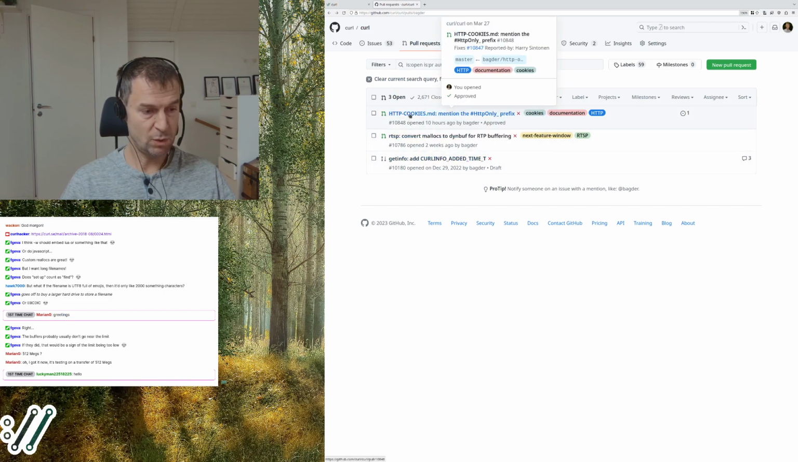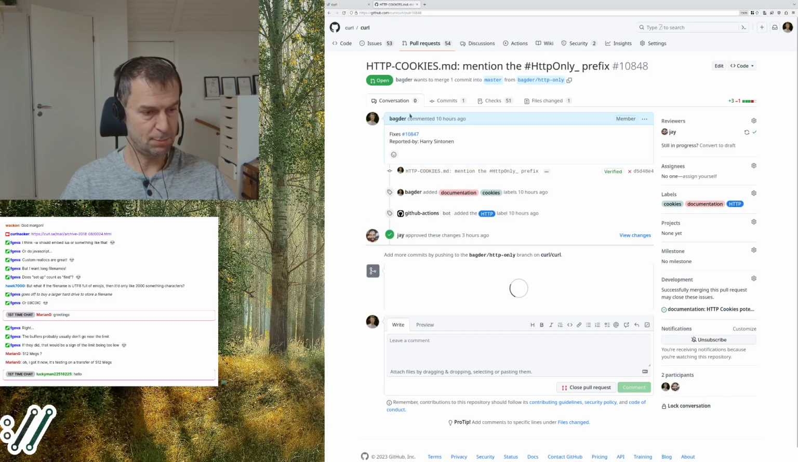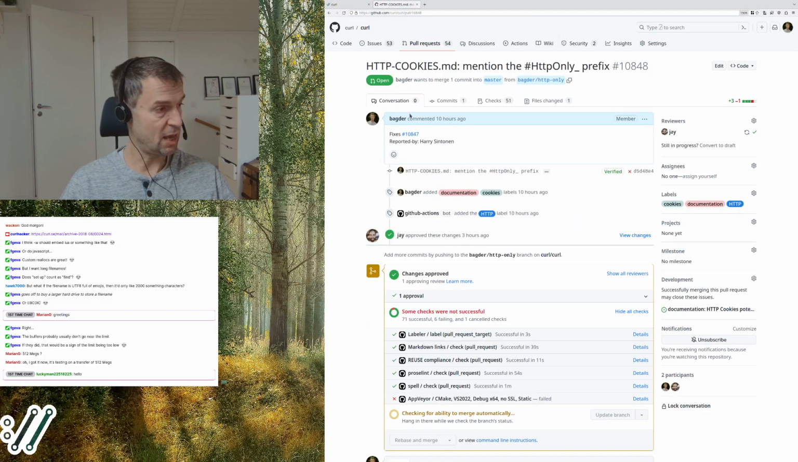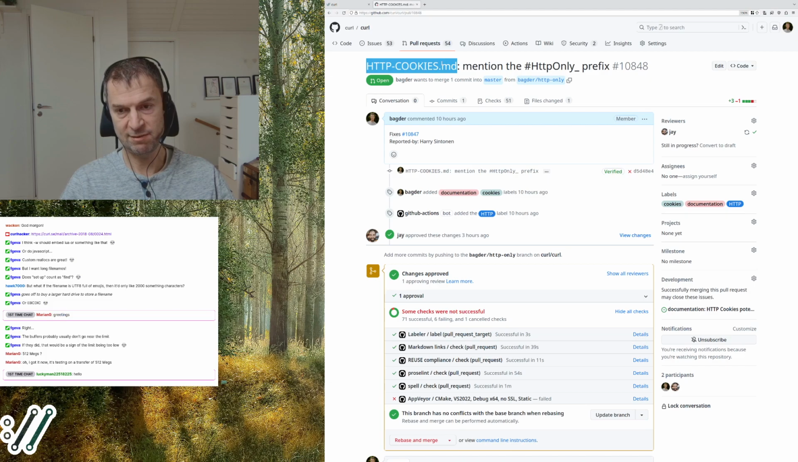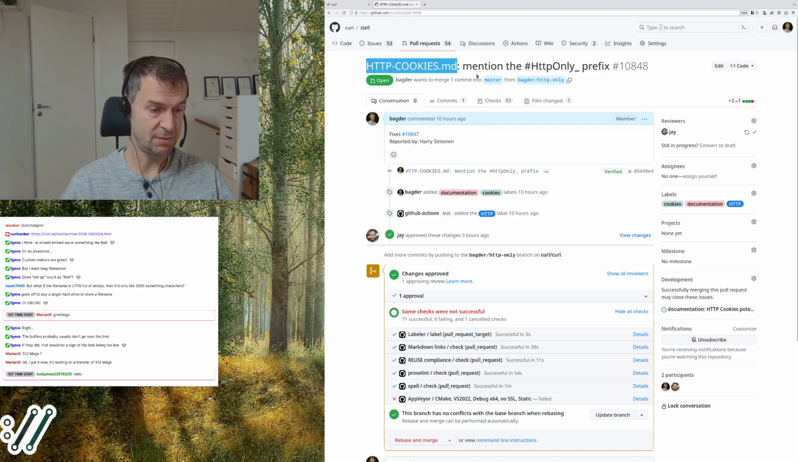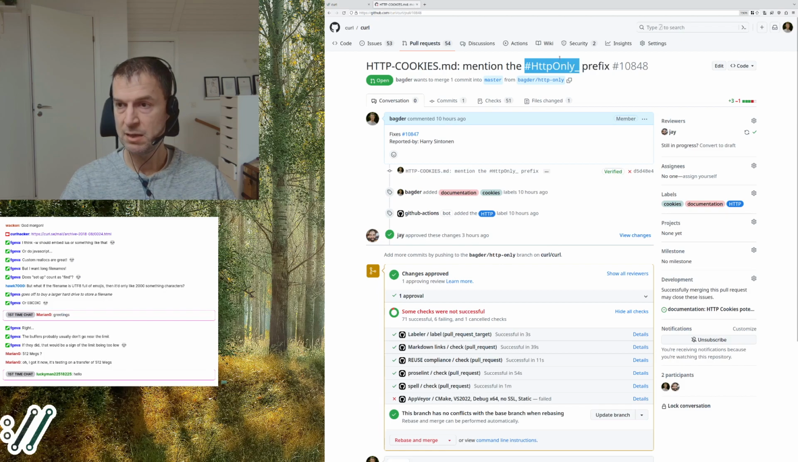And Harry Sintonen pointed out to me yesterday evening that this document, HTTP cookies, explains a little bit about cookies. Surprise. And it actually didn't mention the HTTP only prefix. And it's a bit of a weird one. So